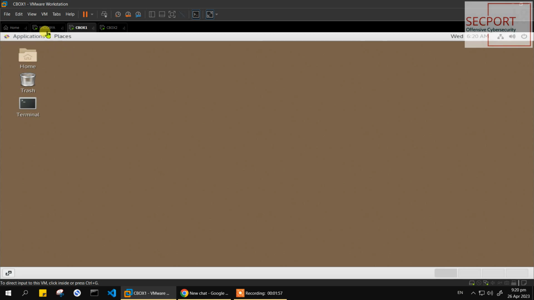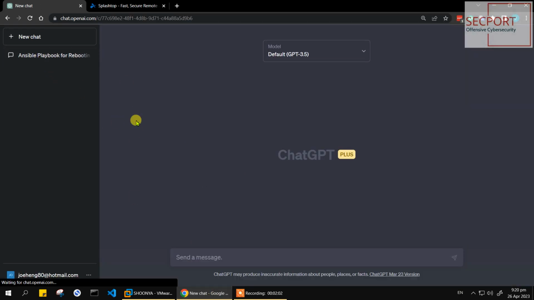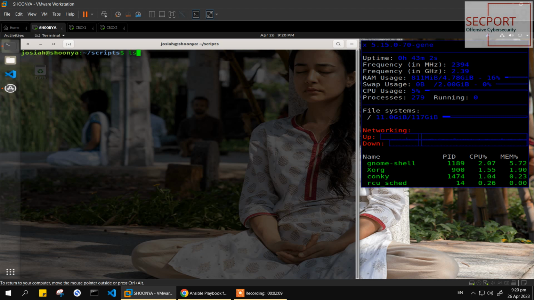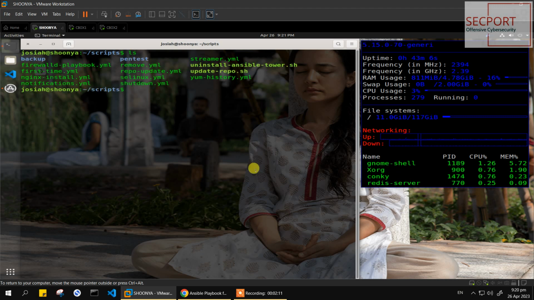And I used ChatGPT to generate Ansible playbooks. I mean, previously, not over here, but previously I've used it to generate Ansible playbooks. Okay, and Ansible playbooks are all in a .yml format. So how you run them is you just run ansible-playbook, followed by, let's say if I want to do an install of the streamers, I just do something like this. Now, of course, if I do a cat streamer, you can see that